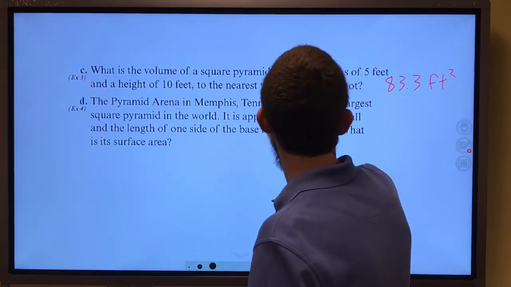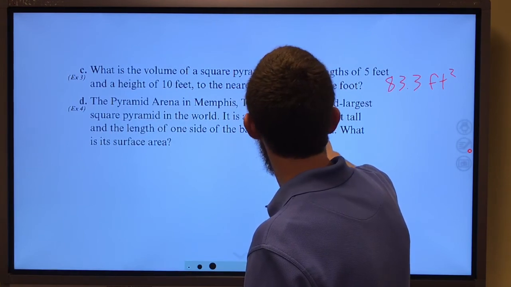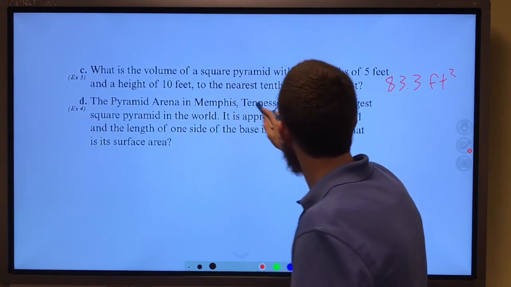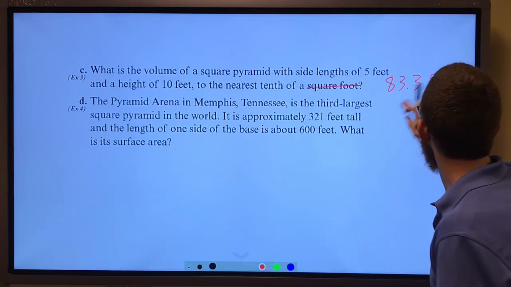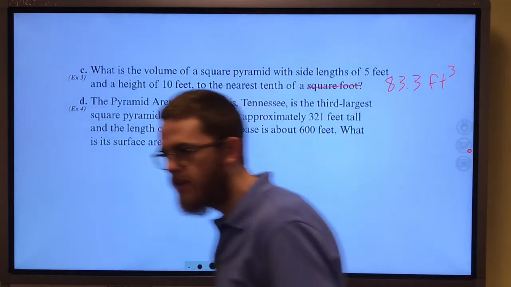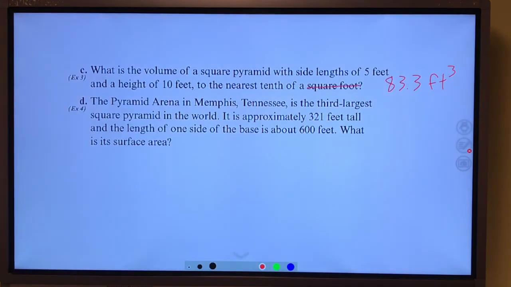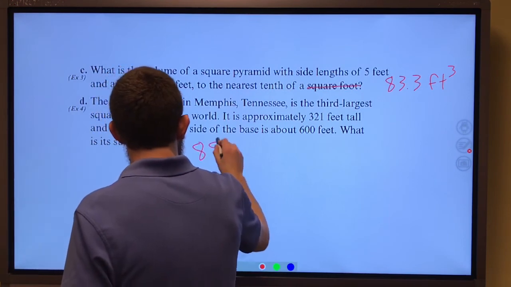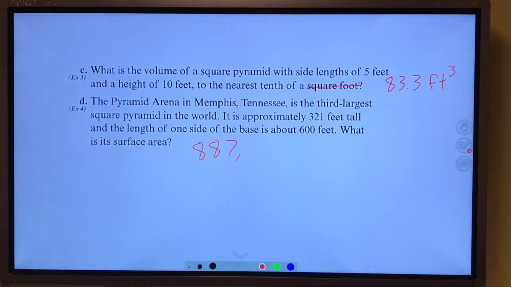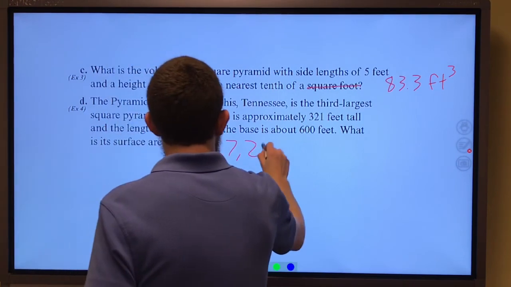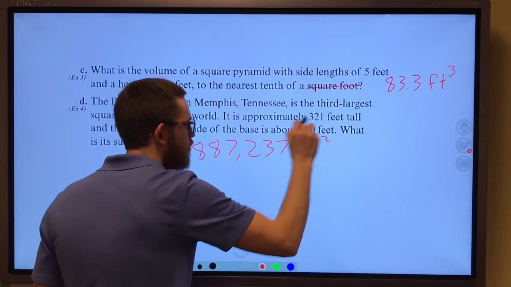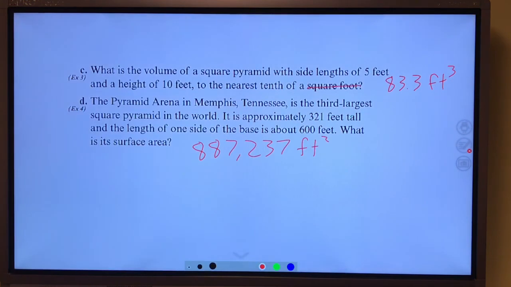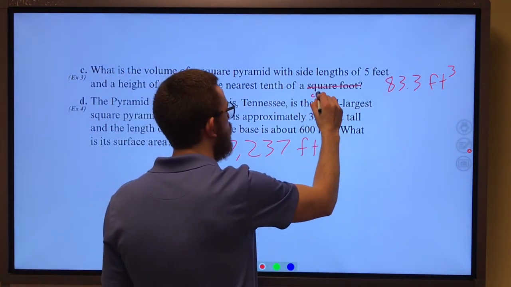Wait, what is this? Is this the nearest tenth of a square foot? Oh, what is this craziness? It's volume. This is cubic feet. That's nonsense. It should be in cubic feet. We find in volume. And the last one there, about 87. What was the rest of that? 237 square feet. That's the book's answers. Hopefully they're correct. That, again, should be cubic